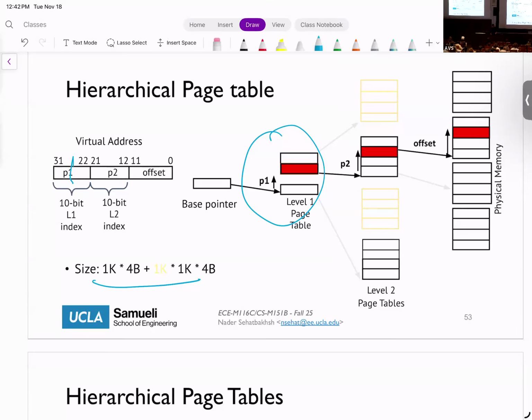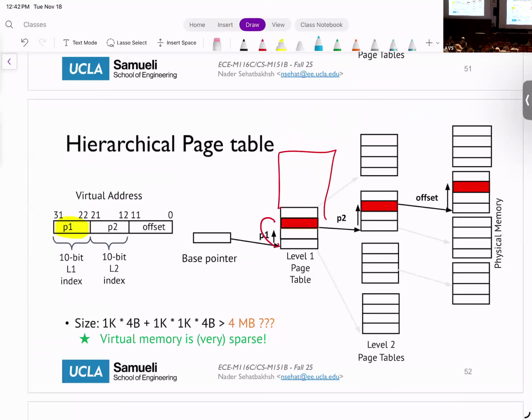Okay? So again, where the benefit comes from is that, especially in higher bits, you're not going to use them, because remember I told you that virtual addresses start from 0 and you grow as you need. Most programs are small programs. You don't want to use higher bits of memory anyway. So those level 1s, or most of these entries here, are empty. They're not assigned to any actual physical address.